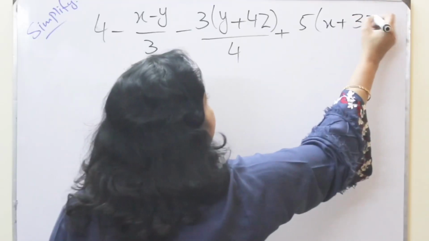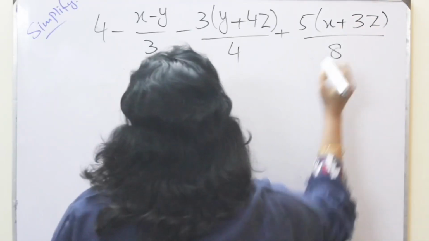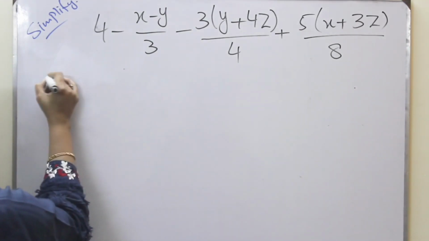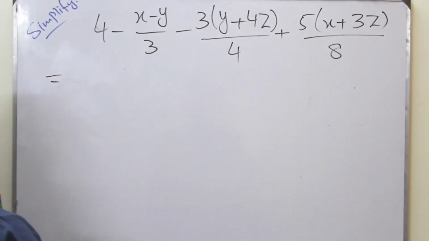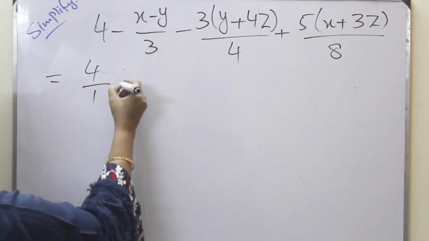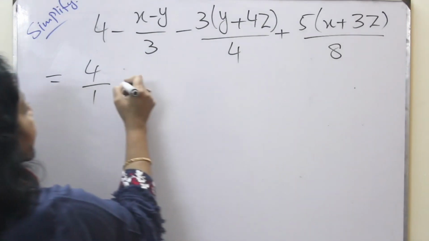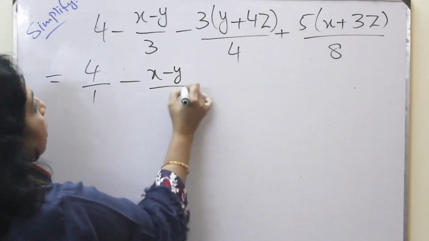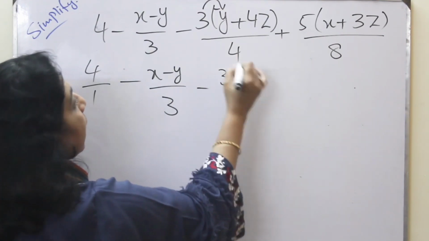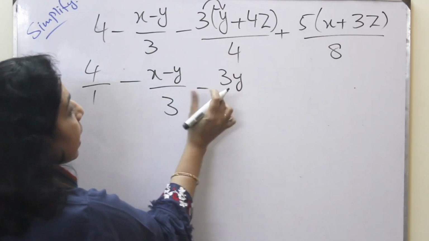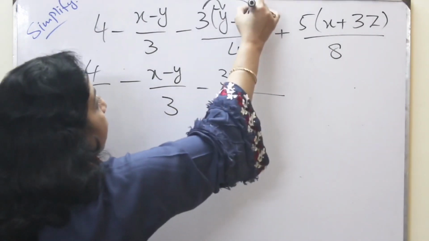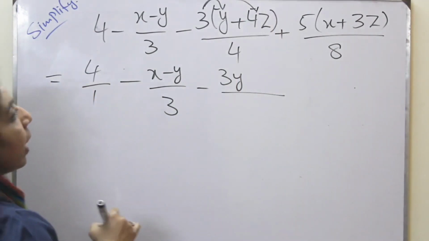Last question for today. I have taken 4 fractions here, and we shall adopt all those things which we have learned in just the last few minutes. 4 is 4 over 1, you have to make it a fraction, and we have to open these two brackets. The first bracket will be opened with 3. 3 multiply y is 3y, and we shall keep this minus sign outside right now. We shall not multiply it here. We shall multiply it when we have the LCM.